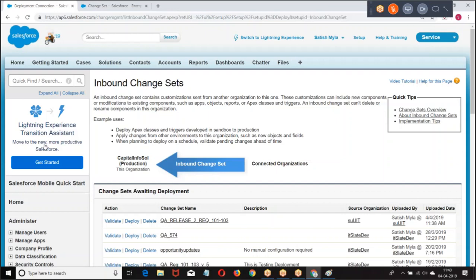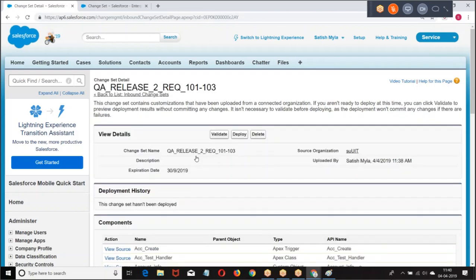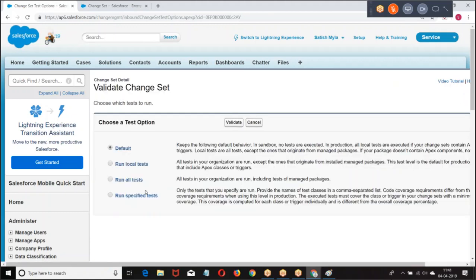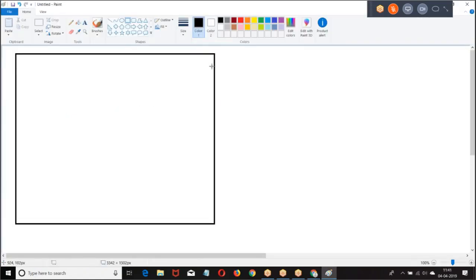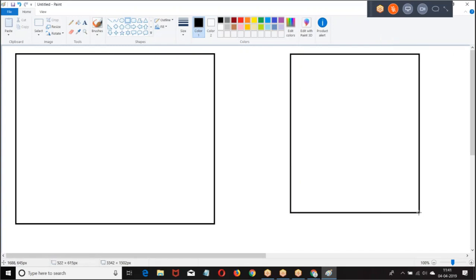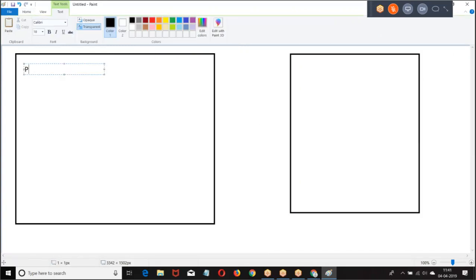Try to understand this. The change set on a production. Here we have, in the production, test class 1, test class 2. I have packages.